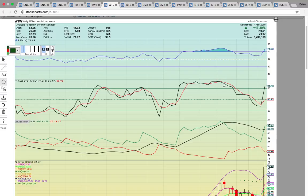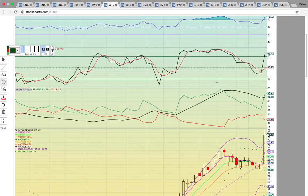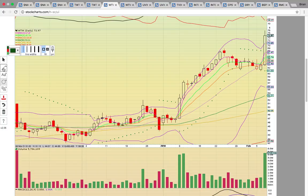Okay, take a look at Weight Watchers, WTW. Huge move today, all right? So the markets have been under pressure, but Weight Watchers is breaking out. Keep in mind that these stocks that I just showed are optionable, and so the options were up big today. So people making big money trading options. And if you look here, there's a crossover on plus DI. So now we have the plus DI above ADX. There was a big breakout today above high close resistance, which is always a big sign that there's more upside